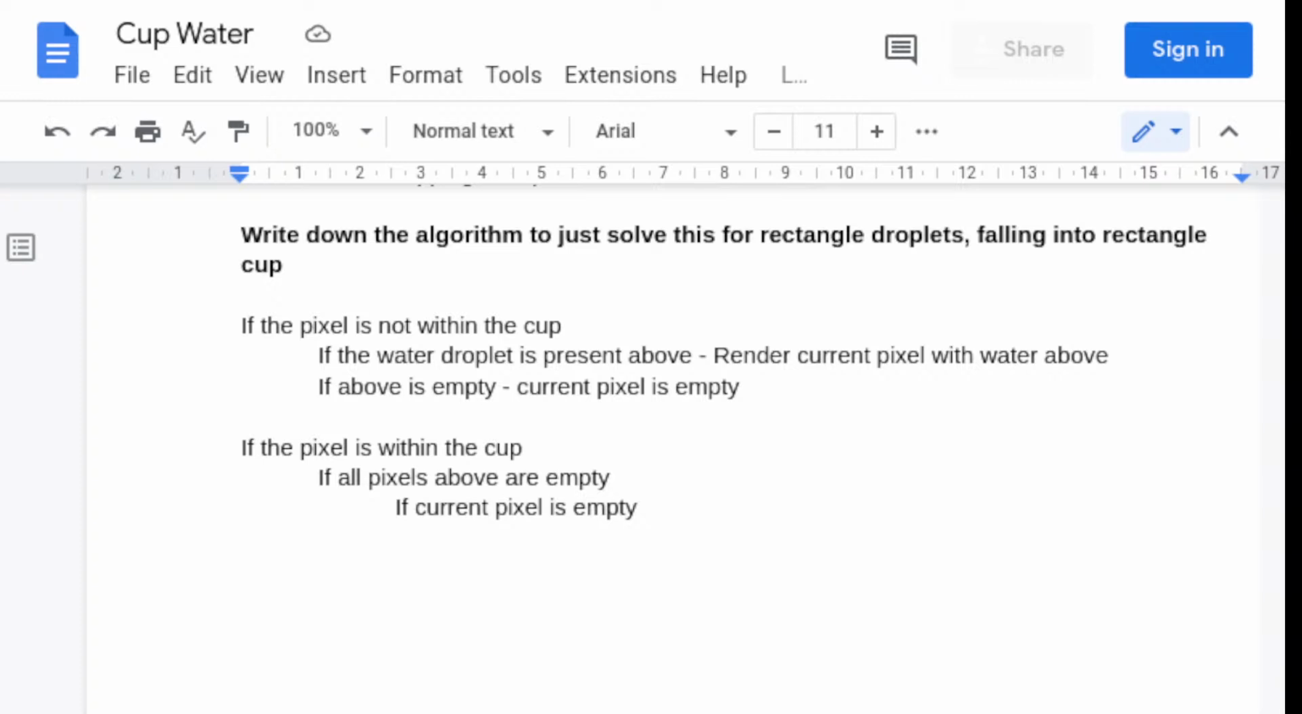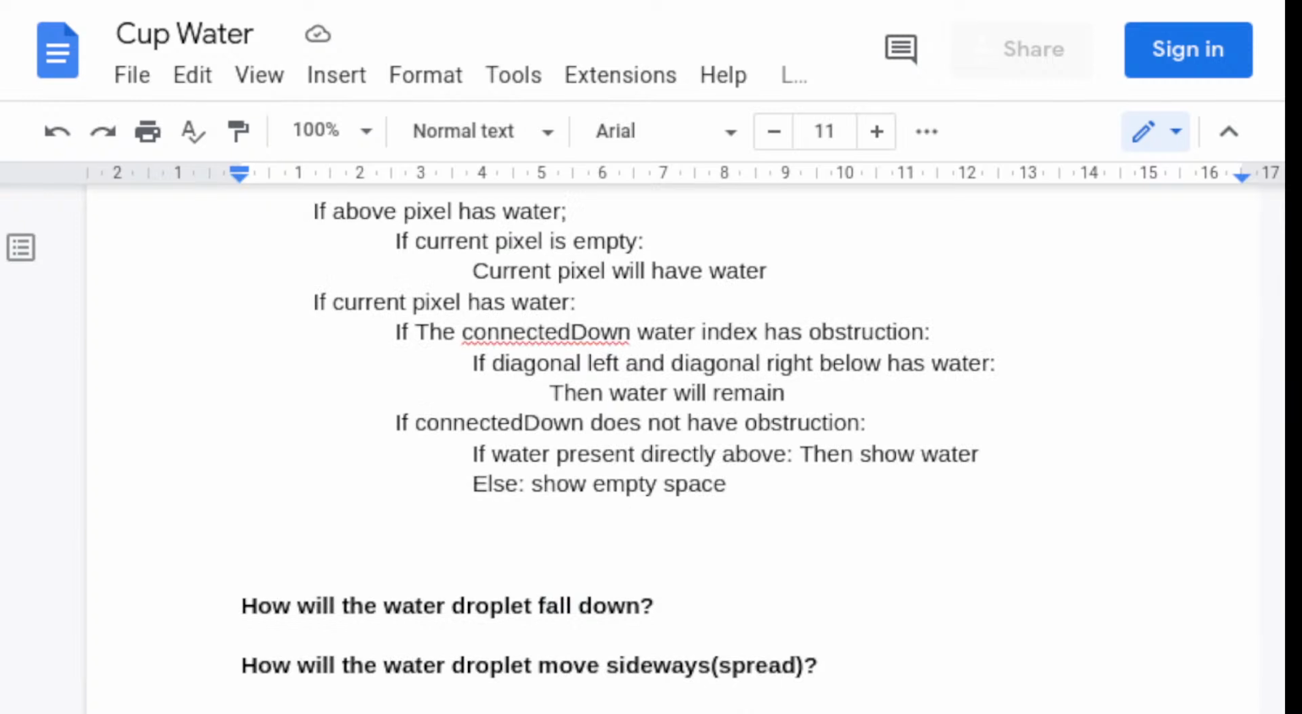Yeah, we have made a rough algorithm, and we have to have an initial setup whenever a water droplet comes back and all this. I think with this we can do some initial work. For all pixels, we need to make sure we have the connected down data, right? As in, what is this connected down water index saying? That for a pixel that does not contain water,